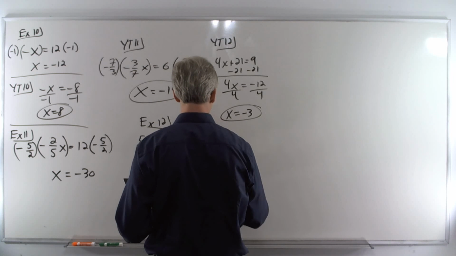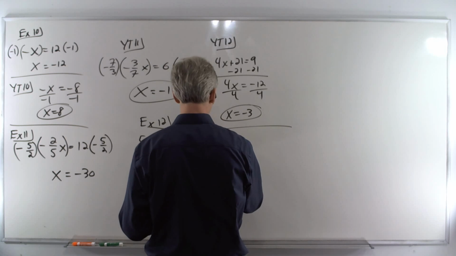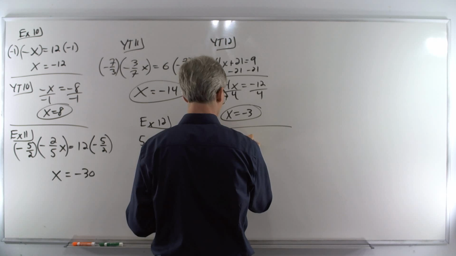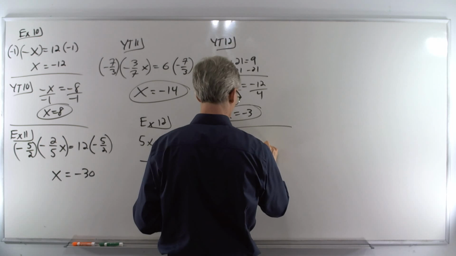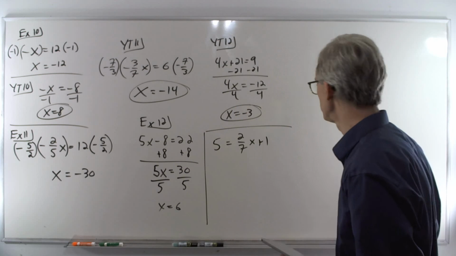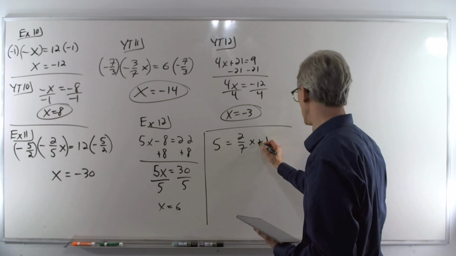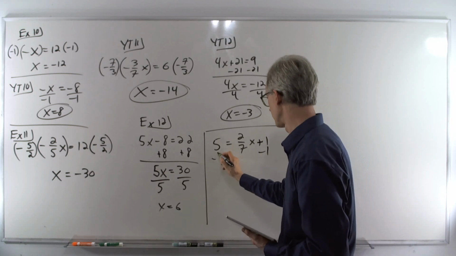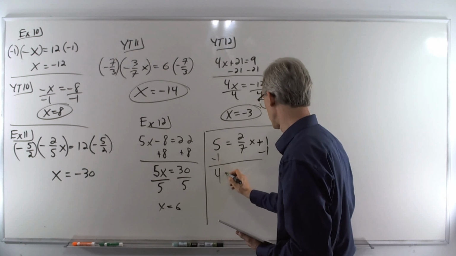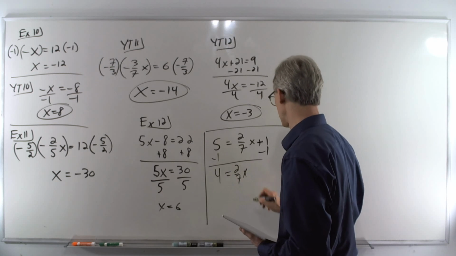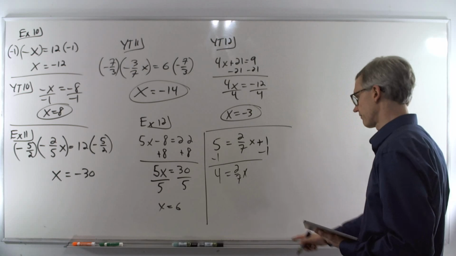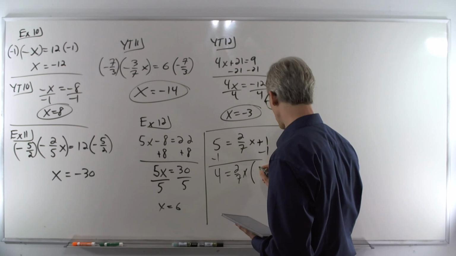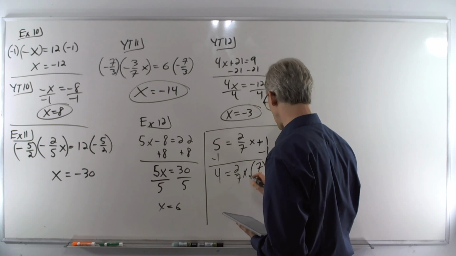Now the variable can occur on either side, and there might be fractions. 5 equals 2/7 x plus 1. All right, so we'll do addition, subtraction first. Let's get rid of that 1. Minus 1 on both sides. Got a 4 on the left, 2/7 x on the right. All right, now we have a fractional coefficient, so let's get rid of that by multiplying by its reciprocal, 7/2